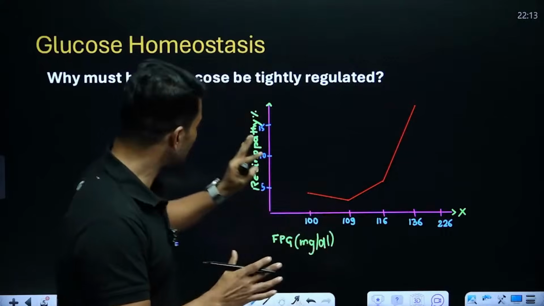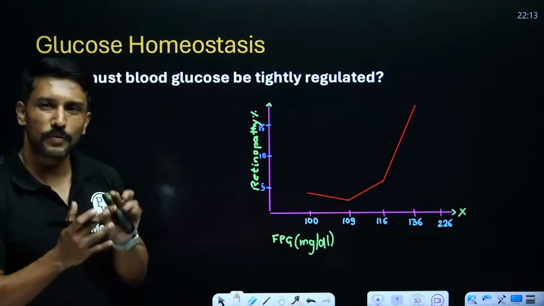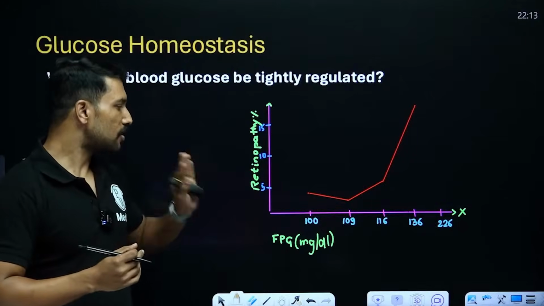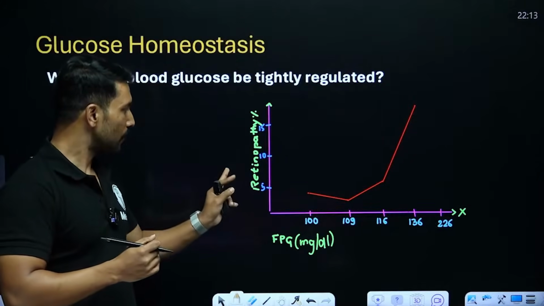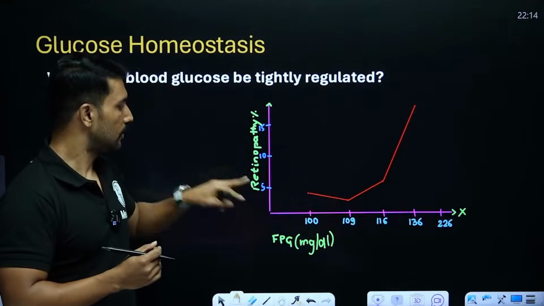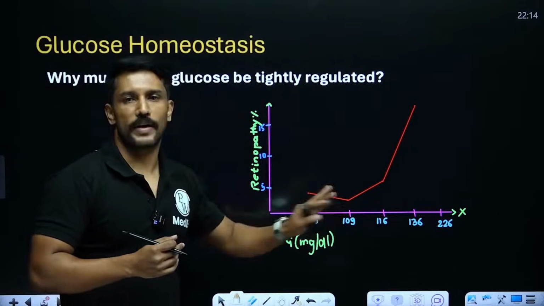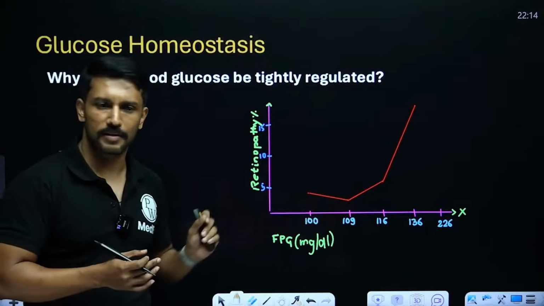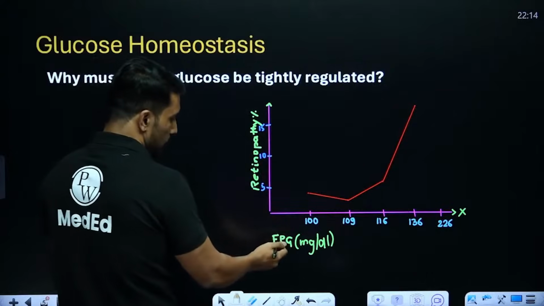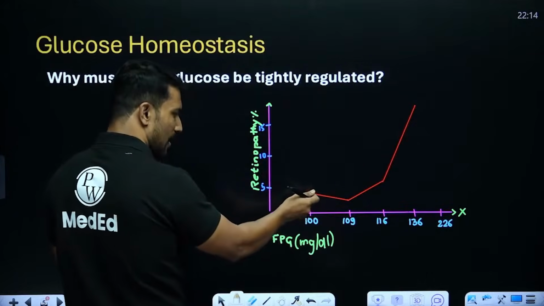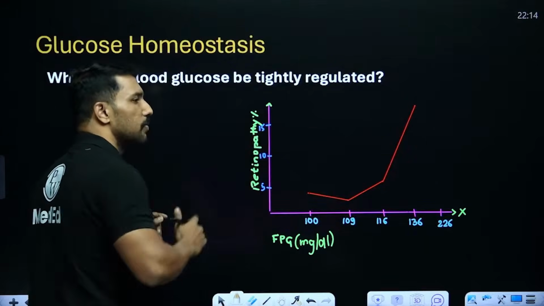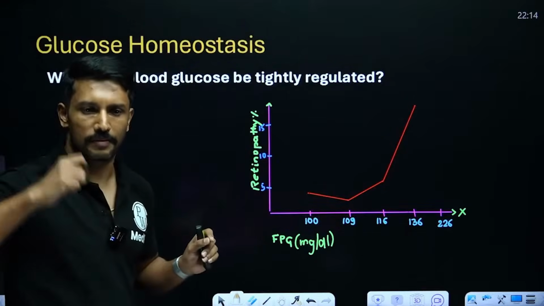So I'm just taking an example of retinopathy. There was a long-term study conducted in patients where they looked at the relationship of the incidence of retinopathy and their fasting plasma glucose values. This graph, you get it in Harrison also. When I see this graph, when the fasting plasma glucose level was around 100, less than 5% of the patients had developed retinopathy over the long term.